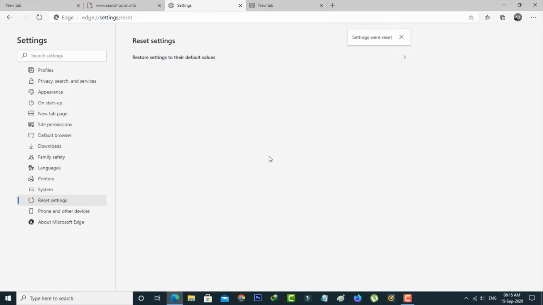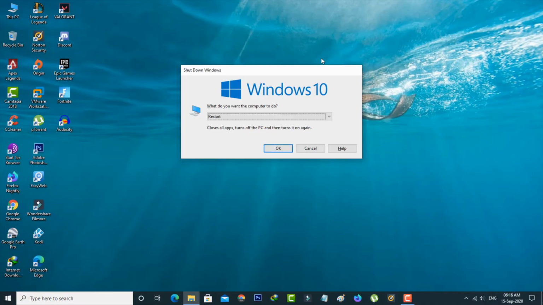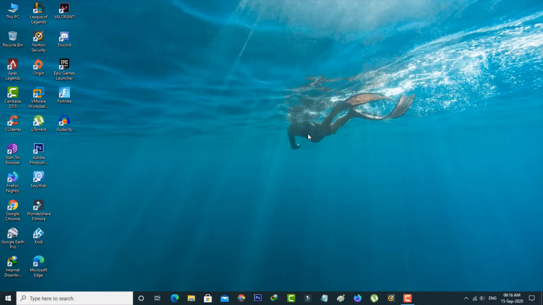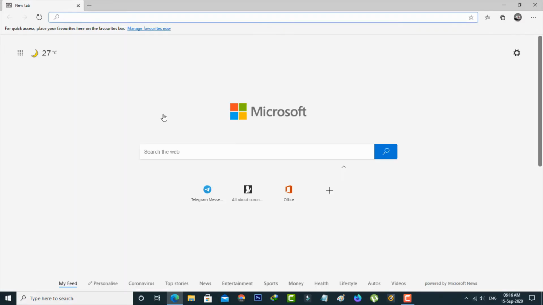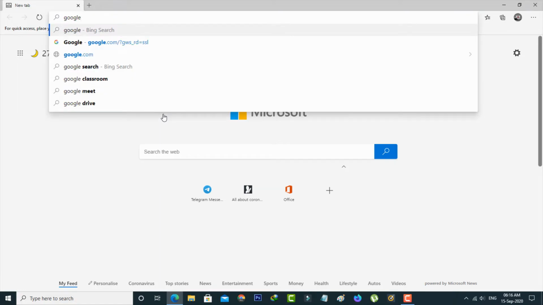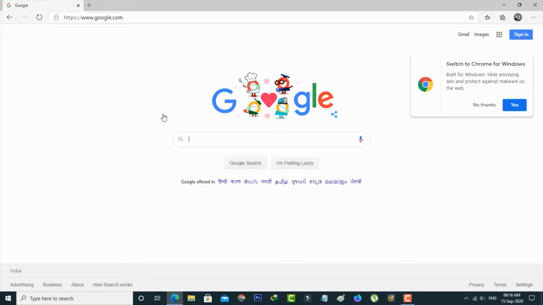After you have done these processes, I close my Edge browser, and don't forget to restart your Windows PC. After the restart is completed, one more time I try to access my Edge browser. This time I try to access Google, because I want to check whether my Edge browser works or not. Finally you can see this Google website is opening successfully, and it does not show any error notifications, and the previously occurring error message is also gone.